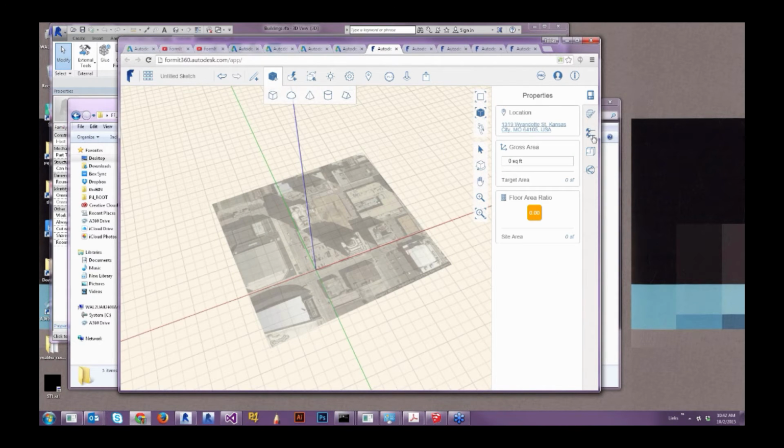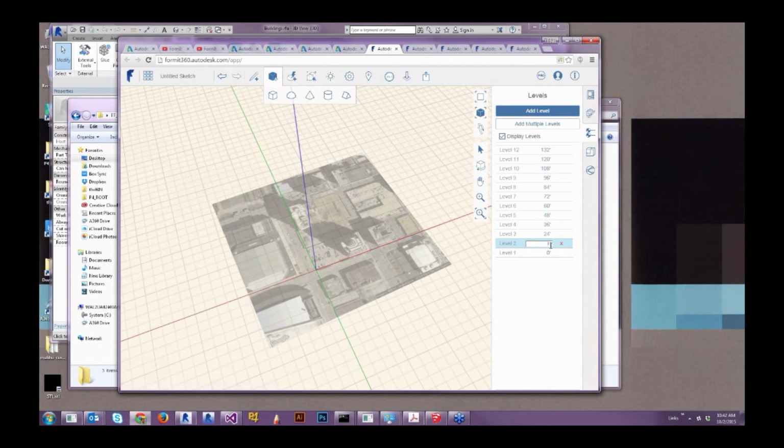The next couple of things, levels. So over here on the right, we have a tab set up for levels, and if you know your levels and your level heights, then you can go ahead and set those ahead of time. Otherwise, you can just create some sort of placeholders. After you've created these, you can click in there and reset those heights if you want to. And these are just abstract, so they're not really driving any geometry like levels do in Revit, but these levels do translate to Revit. So that's why it's good to set up first here in Format.